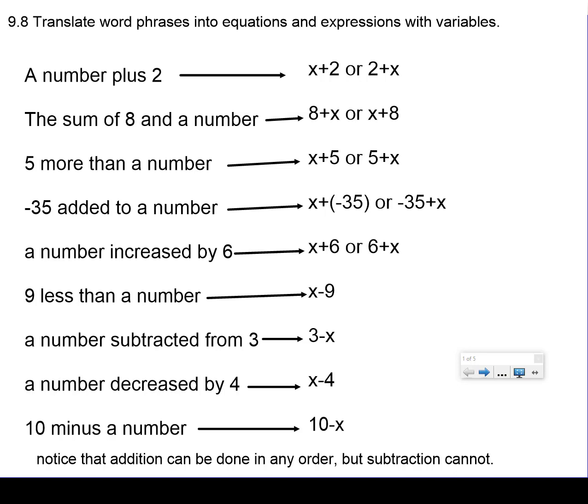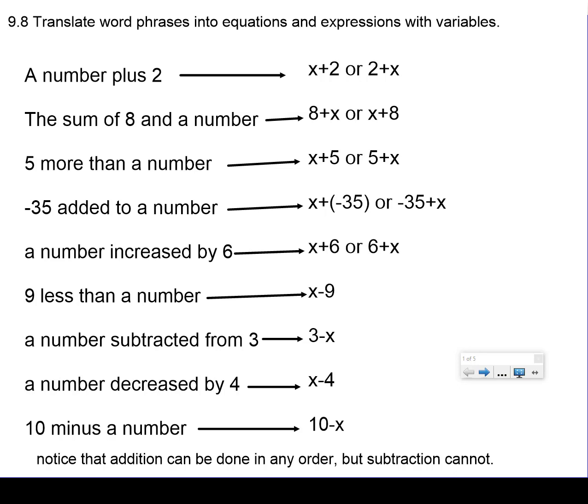So a number plus 2 could be x plus 2 or 2 plus x. The sum of 8 and a number would be 8 plus x or x plus 8. 5 more than a number would be x plus 5 or 5 plus x. Negative 35 added to a number would be x plus negative 35 or negative 35 plus x. A number increased by 6, increase means to add, and so that would be x plus 6 or 6 plus